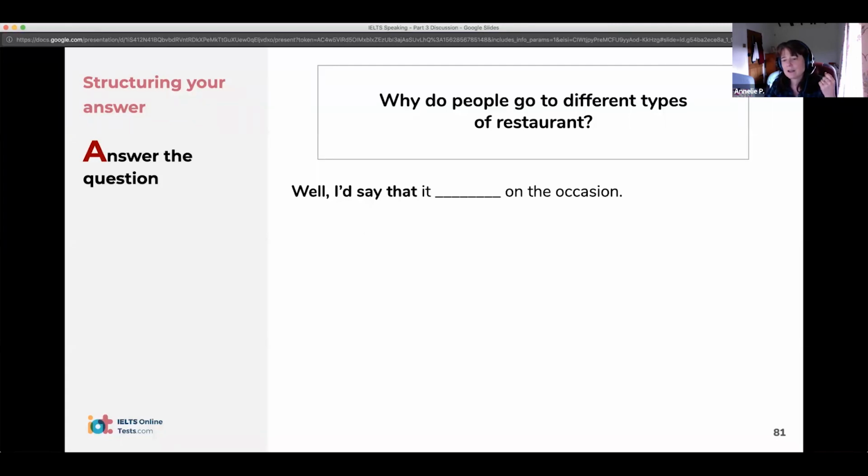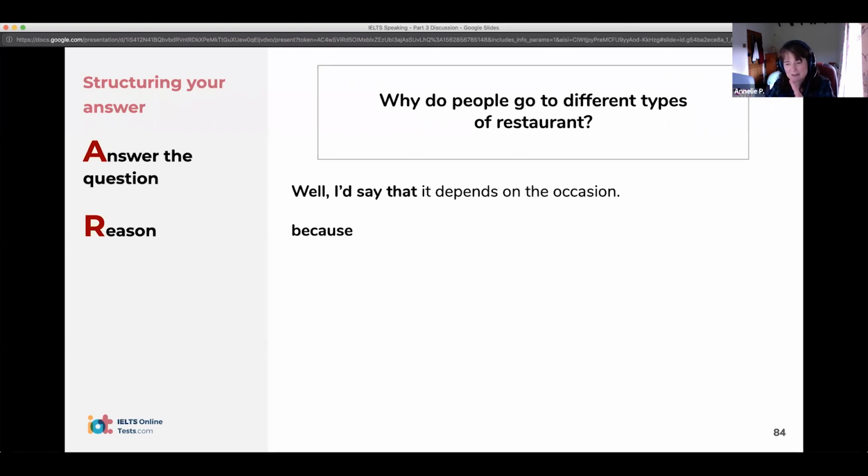What are we looking at there? Okay, Marta's already ahead. Yeah, it depends on the occasion. That's very nice. So it depends on the occasion, and then we explain why that's the case. So, because, how could we continue that sentence? What could be our reason for saying the first sentence? Depends on the occasion, because,